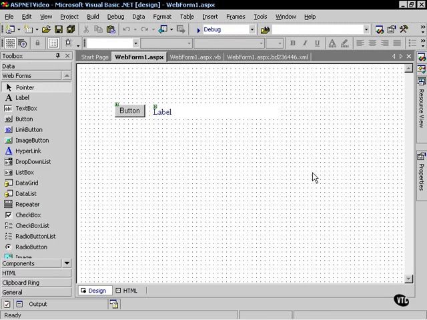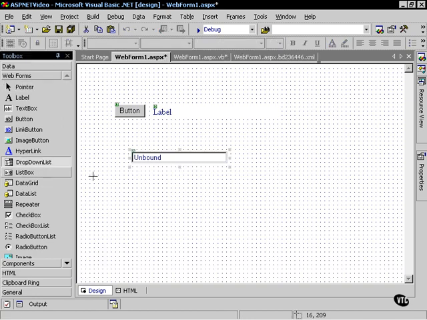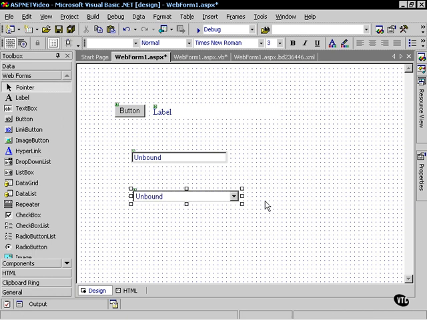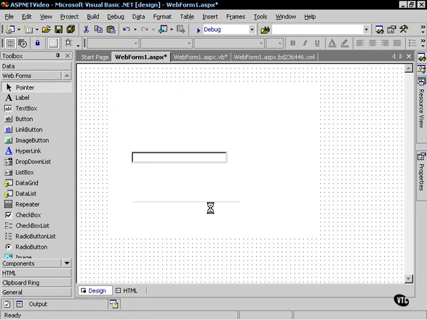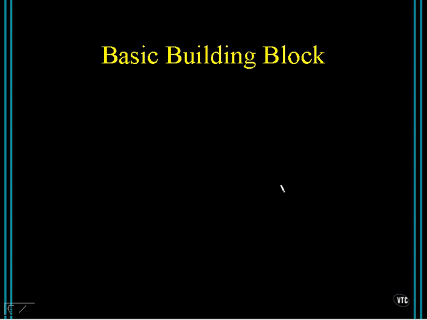And I want you to understand that what you're looking at right here, this is a web form. And whatever I do to this web form, obviously, is my web page. And so if I want to add things to this, then this is what's going to appear on my web page. And so for every web form I have, that's a web page in my website or my application. Okay? So let's close this,